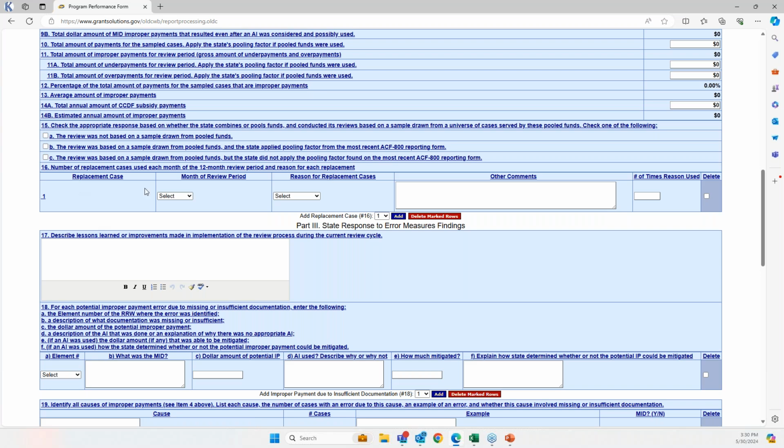There's actually going to be a drop down for your month of the replacement case. Then there's a drop down for your reason. And there's a few that are pre-populated: natural disaster, fraud, appeal, or other. If you pick other, then you would go ahead and type it in this other comment box.